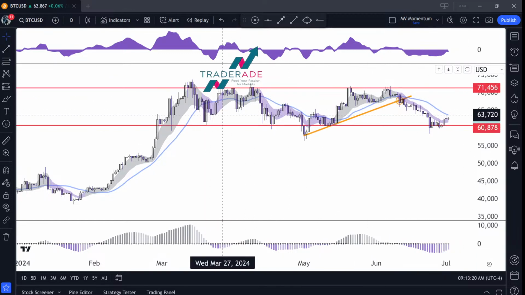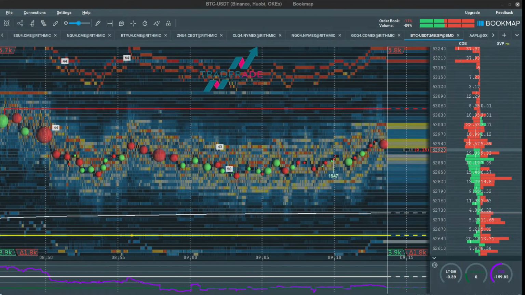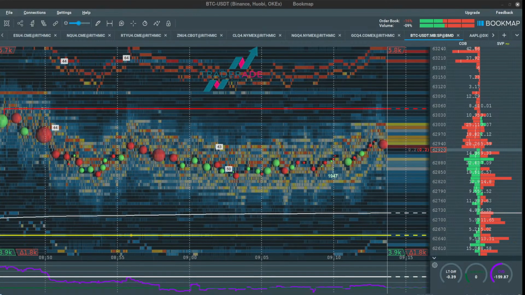So these ranges, what I like to look at them as, it's like a coiled spring. It's building energy. As that energy is built, it will eventually be expressed. And the way it gets expressed is the continuation of that momentum after we build acceptance either above or below these key levels. So for now, not super interested in trading Bitcoin on a day trade or momentum time frame